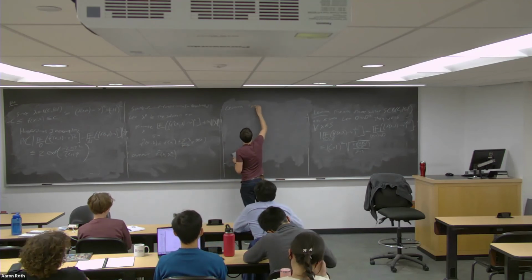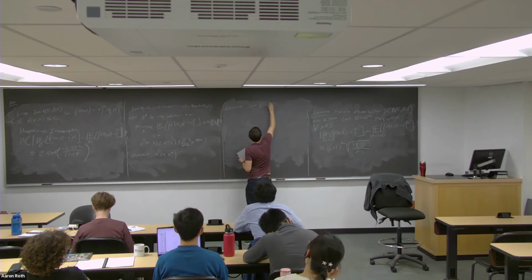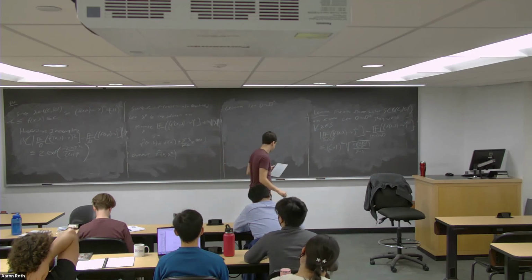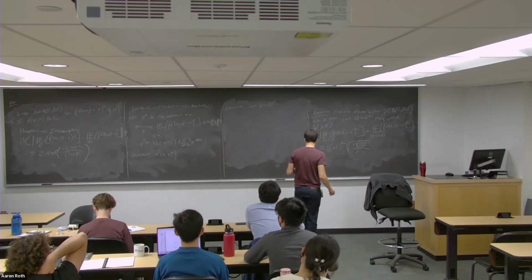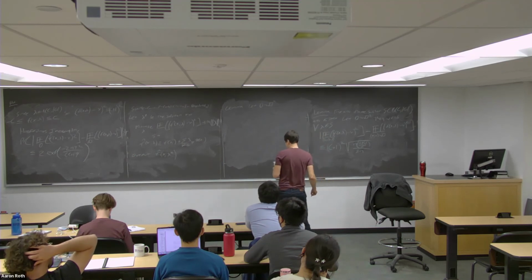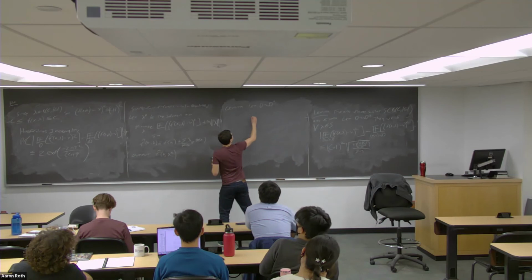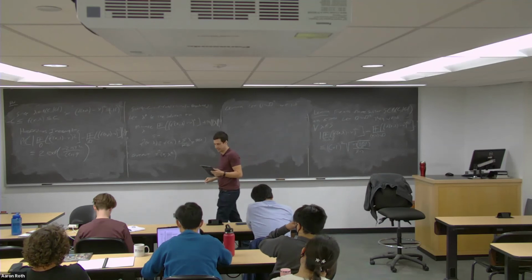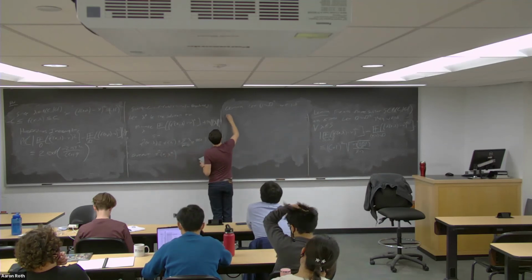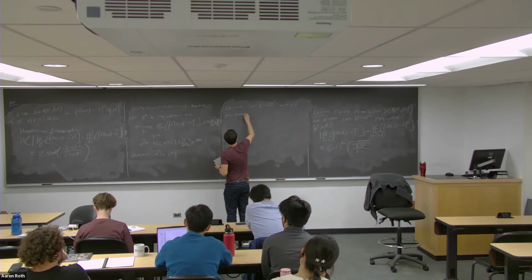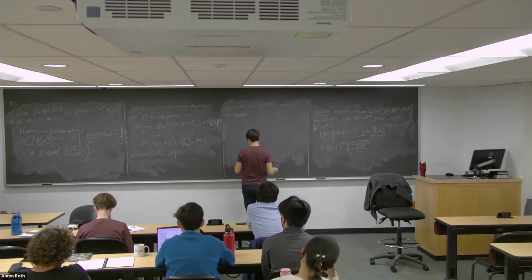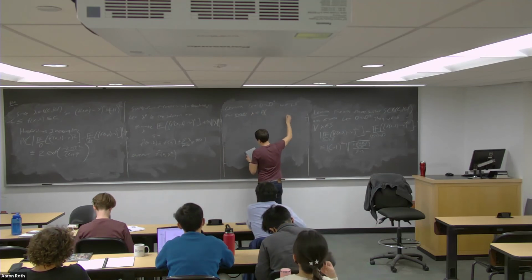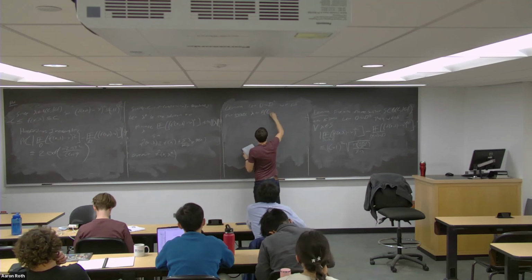If again, I've got a data set that consists of n points sampled IID from an underlying distribution, then with probability 1 minus delta over the draw of these samples, for every lambda in the ball, not just in the net now, for every lambda in the whole continuous ball,